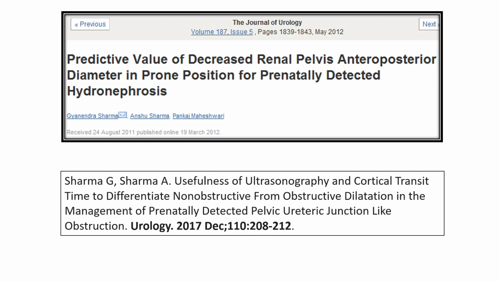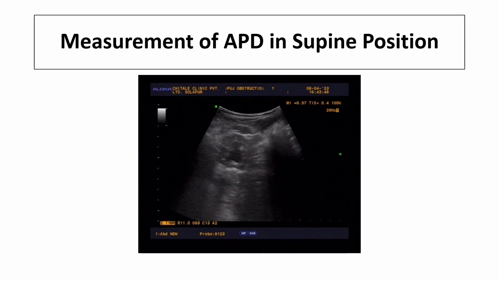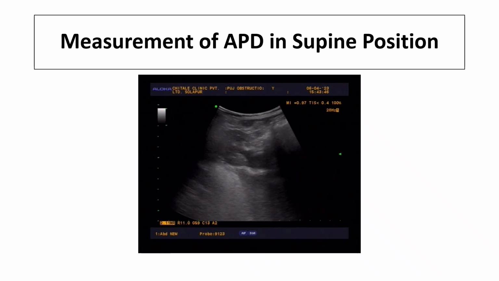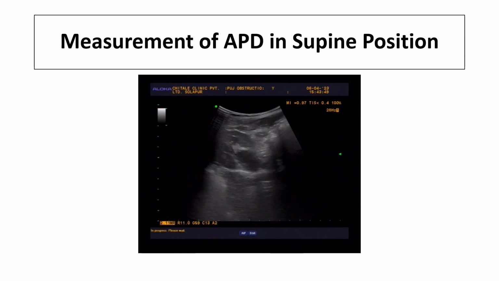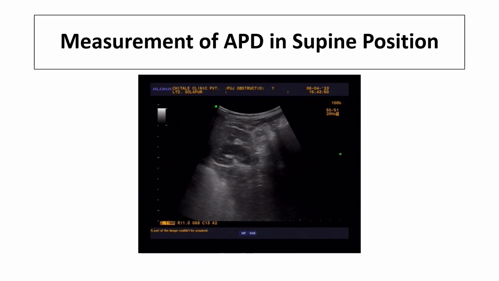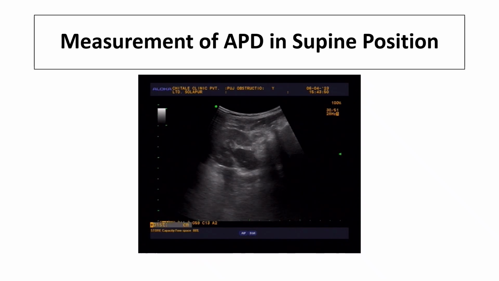And we also published 2 articles based on this, one in 2012 in the Journal of Urology and the other in 2017 in the Gold Journal of Urology, where we found that if we measure the AP diameter in supine position, which is done by measuring the diameter of the renal pelvis within the confines of the renal parenchyma at the level of the renal hilum in an axial plane, just as shown here,